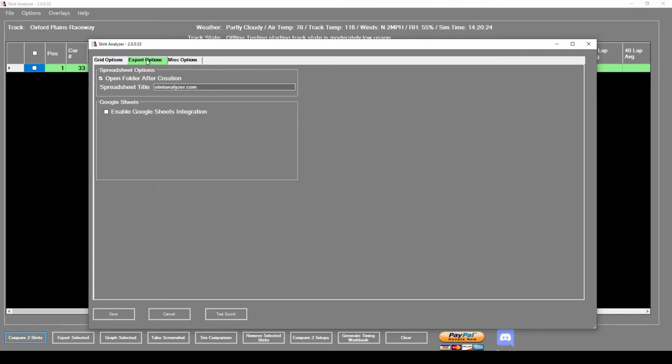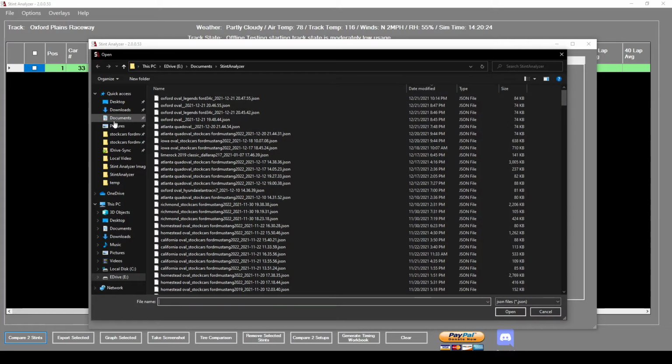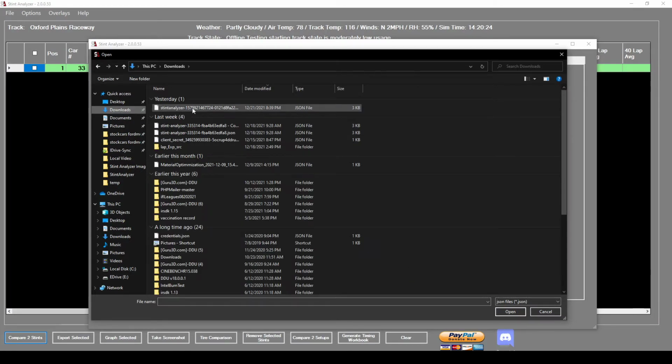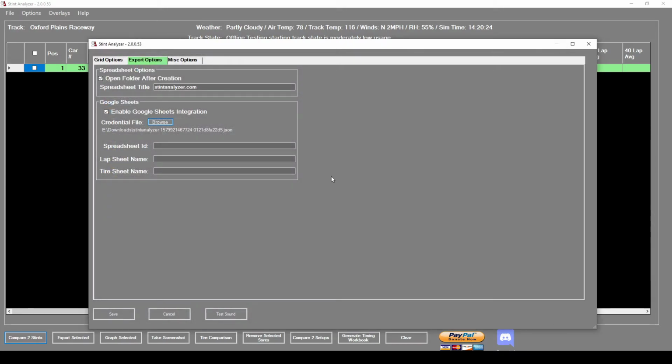So on the export options screen, we're going to say enable Google Sheets integration. Okay, it's saving my JSON file from the last time, but basically what we want to do is take that file that we downloaded and click open. You may want to take this file and put it somewhere beside your download folder, so you don't accidentally delete it. Maybe My Documents, or create a folder under the My Documents Stint Analyzer folder called Credentials. But you want to keep this file because you've got to have it to be able to log into the spreadsheet. Now we're going to paste in the sheet ID,